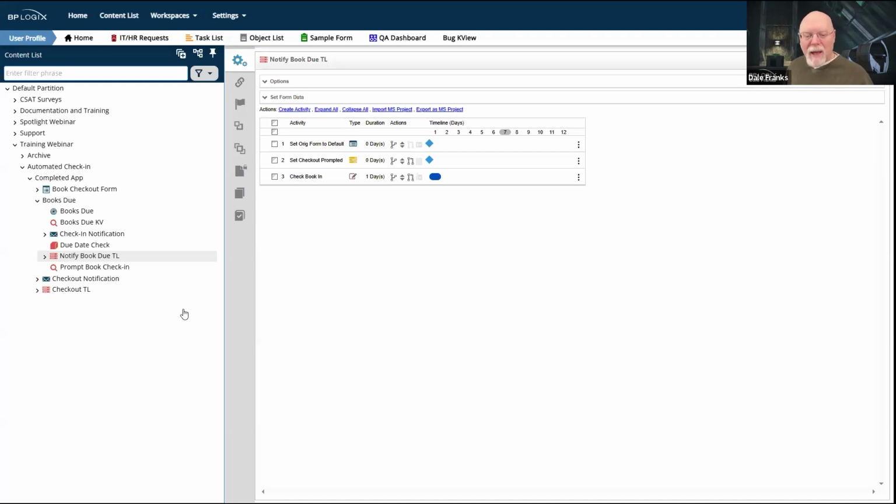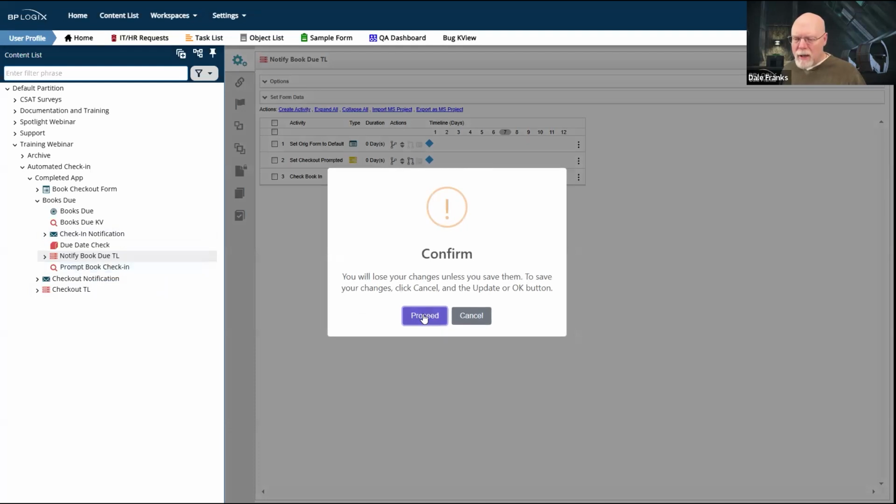done. Like I said, we're going to do it with a goal, but we can't build that goal without building a couple of process timelines. So rather than talking, I'm kind of reflecting in my mind how I want to talk about this. I think the next thing I need to talk about in logical order, now that we have the basic process director objects, forms, and timelines, let's talk about the prompt book check-in knowledge view.